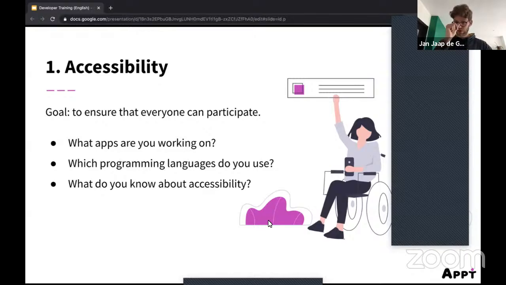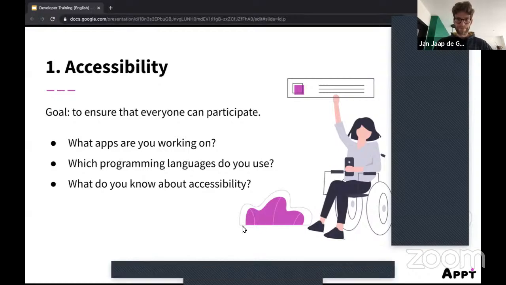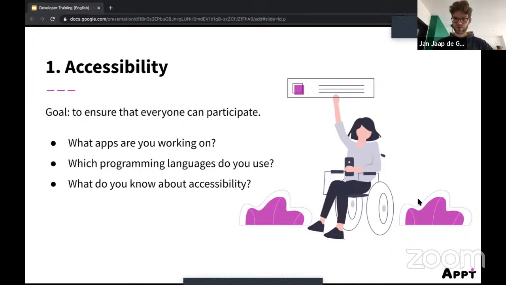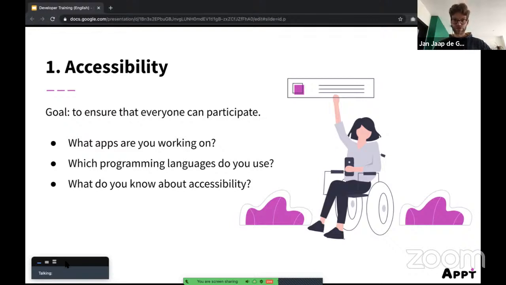I think if I switch to the other chat, I'm not sure if I can still see the chat. So let's see. Yeah, it pauses my sharing. I can see the chat. Oh, someone said there are several gray rectangles covering the presentation, I believe. Oh, I think it might be this one. So I see a first response now in the chat.